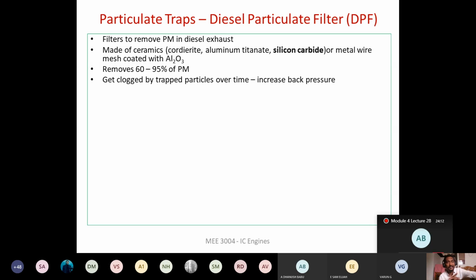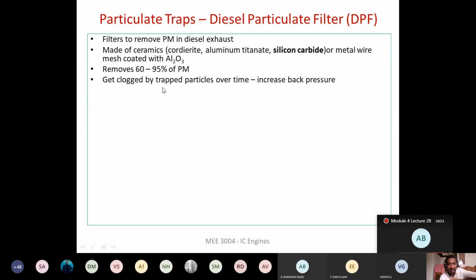And let us say you are going to operate this particulate filter over a long time period. If you operate it for a long time, what will happen? The soot gets deposited or absorbed, as a result of which the size of the pore will come down. So that will lead to clogging of the particulate filter, right? Over a time period, if there is too much clogging, then the engine exhaust cannot come out, right? It cannot pass through because the size of the pore is very small, so it cannot come out. That will lead to an increase in the back pressure of the engine. If the engine back pressure is higher, then your power output will come down.